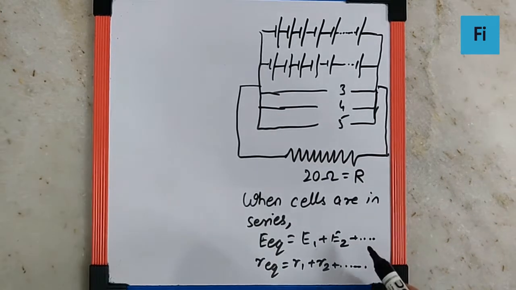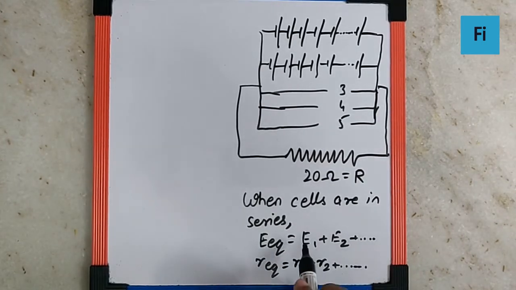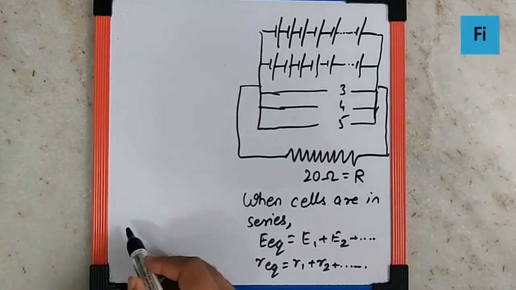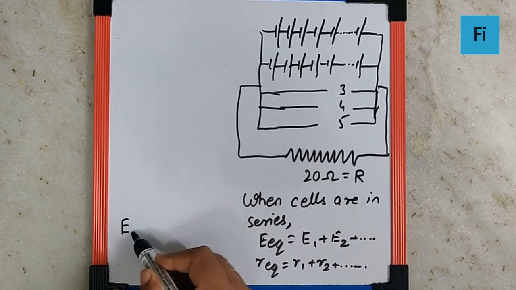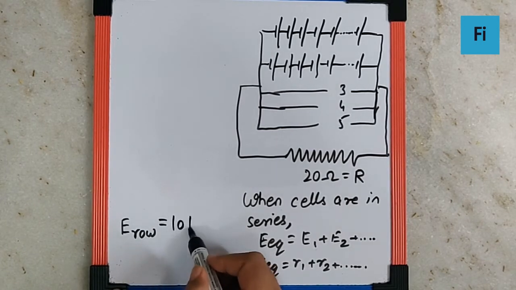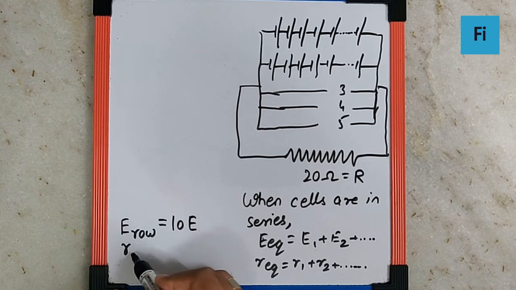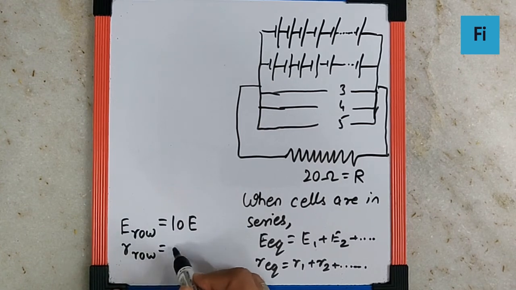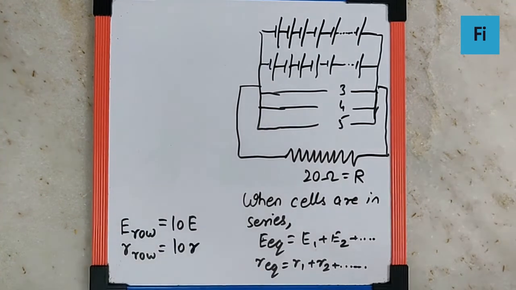So when they are identical, if n cells are in series, it will be n times E, and the resistance of n cells in series will be n times R. So we get E for each row as 10 times E and R for each row as 10 times R,